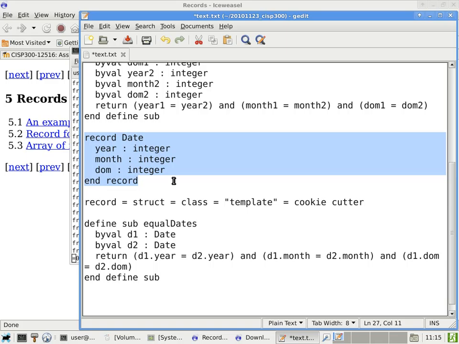Okay? Now the second thing you have to notice in this case is the record type called date is a template. Okay? It is not an item. It is just a